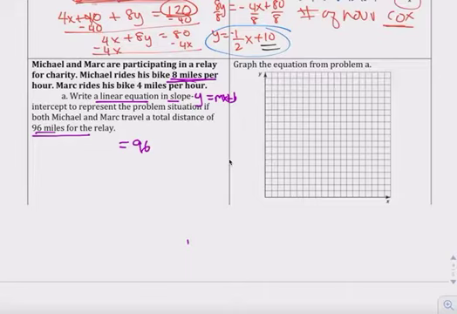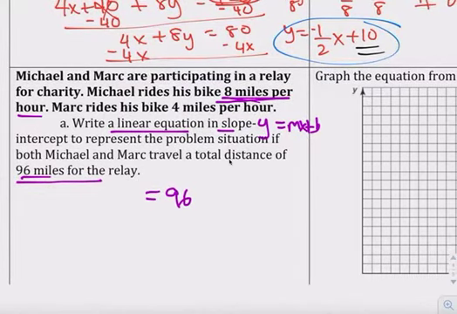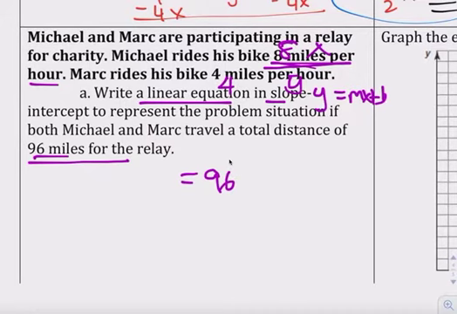I forgot to write that X represents. Okay. 8 miles per hour. That's Michael's time. So we'll do 8x. Mark rides his bike 4 miles per hour. 4y will make Mark's. Okay. Forgot to write in here, let Mark's hour be y. Okay, we know it wants to equal 96. X equals the number of hours